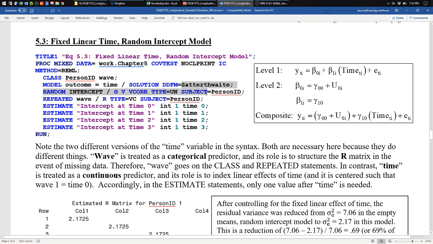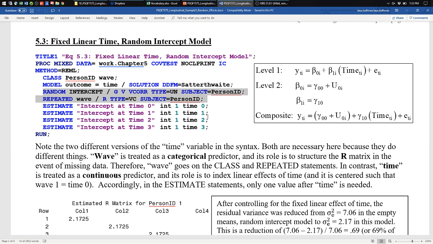The model for the variance is exactly the same. I have a random intercept in G, a residual that's constant over time, no covariance in R. And then the last 4 statements, just me asking for what the model predicts the intercept to be at each occasion. So you can think of it as a conditional intercept or a predicted outcome or an expected outcome. All of those words mean the same thing in this context.